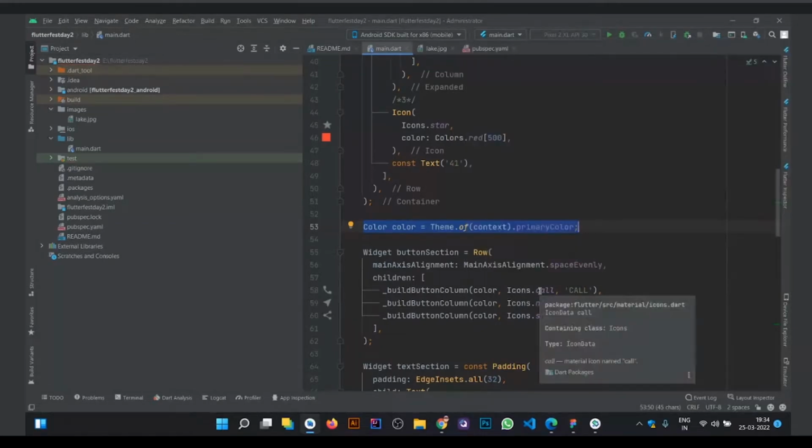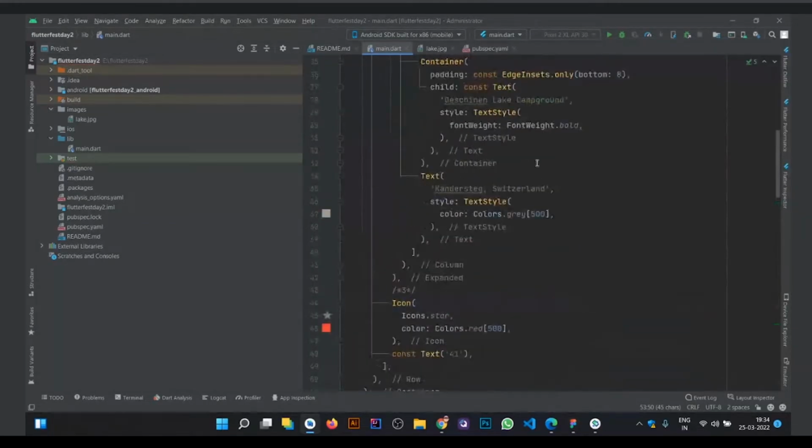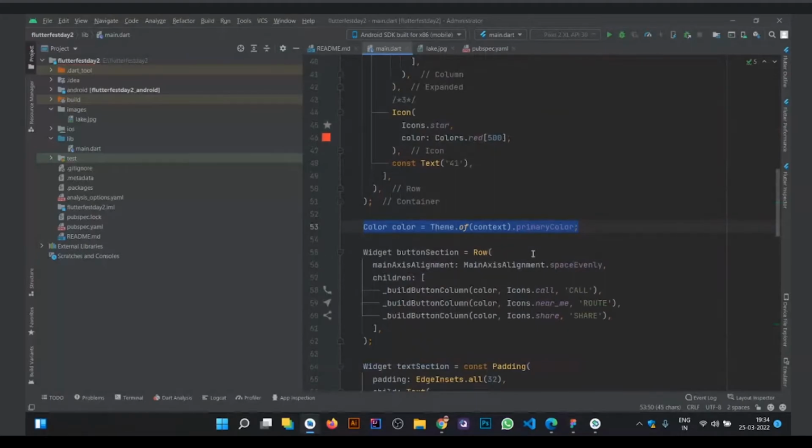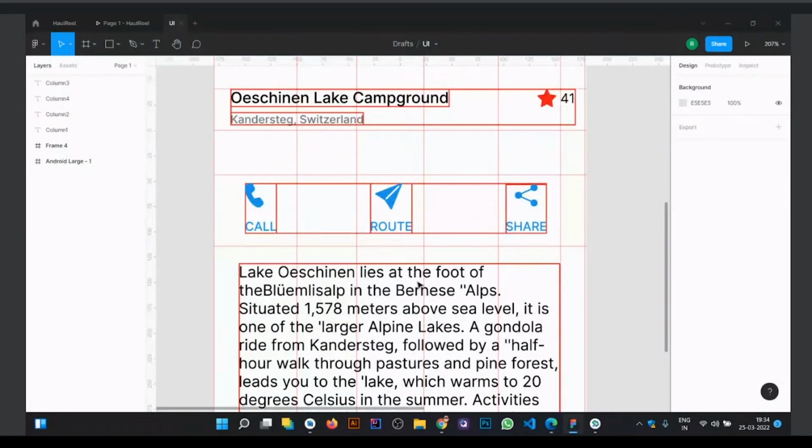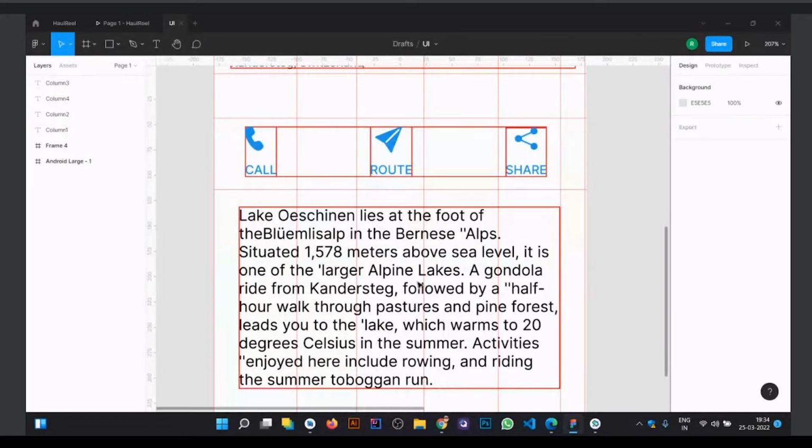The similar syntax we have used in the star sections also. Next, the name of the icon. So these are all the syntax which are already defined from Flutter. We are simply using those. Okay. So after you complete this particular group, we will be moving into the next view, that is the text